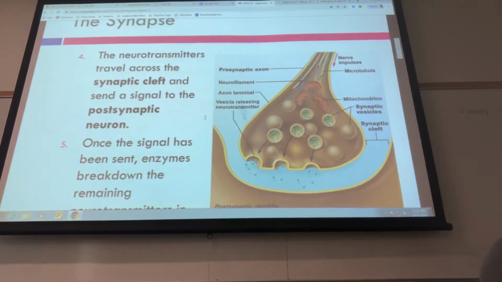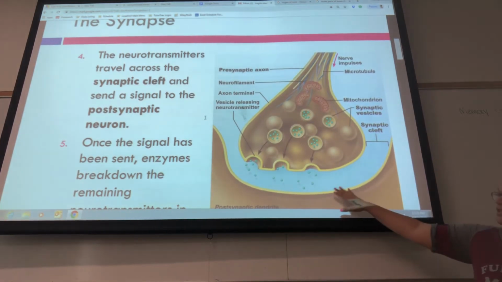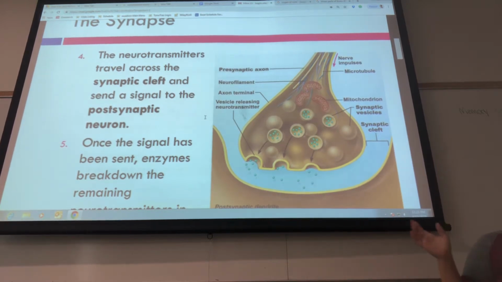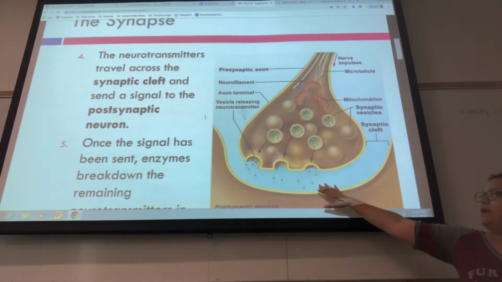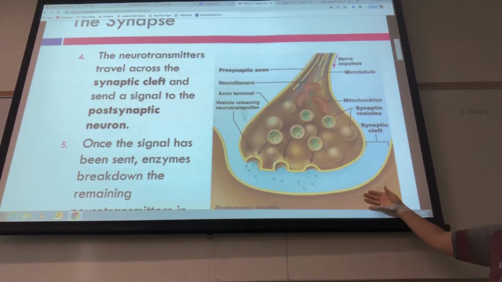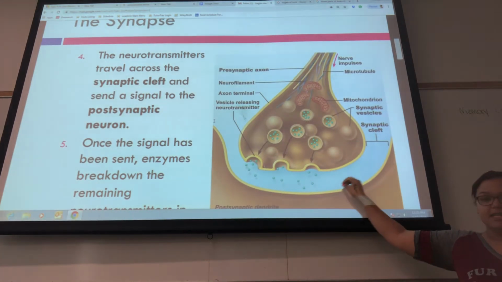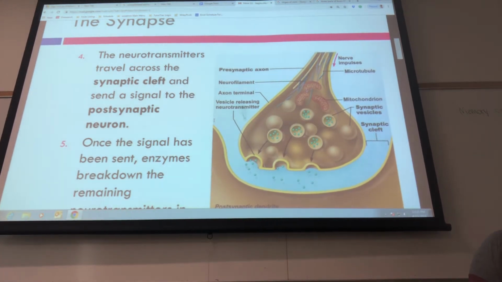Each neurotransmitter has a different instruction, like we said, with acetylcholine is going to cause muscle contraction. And once the signal has been sent, once the postsynaptic neuron or what have you receives the neurotransmitter, enzymes are going to cause a breakdown of the remaining neurotransmitter, the neurotransmitter that this postsynaptic dendrite did not use. So that's one way that the neurotransmitters leave the synaptic cleft. Another way is they can be